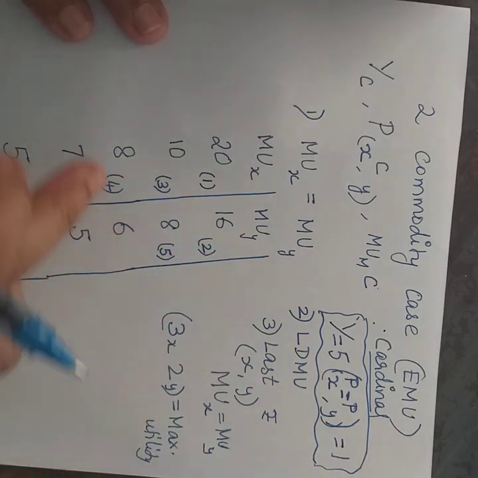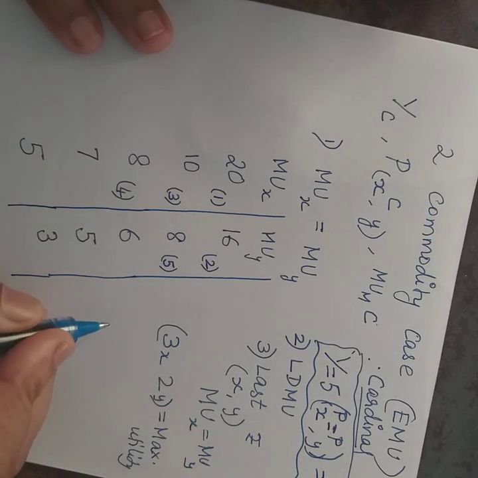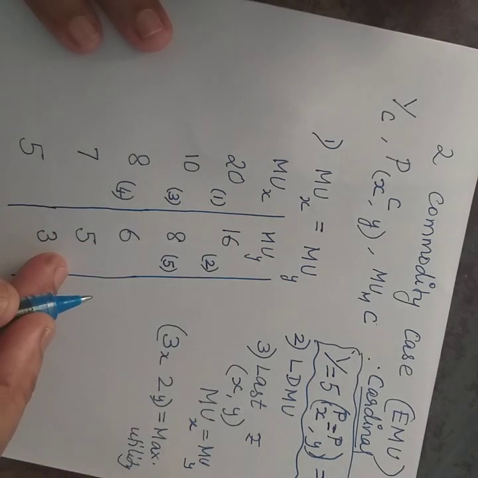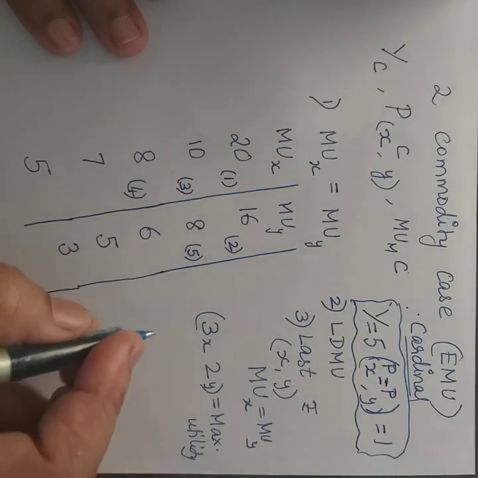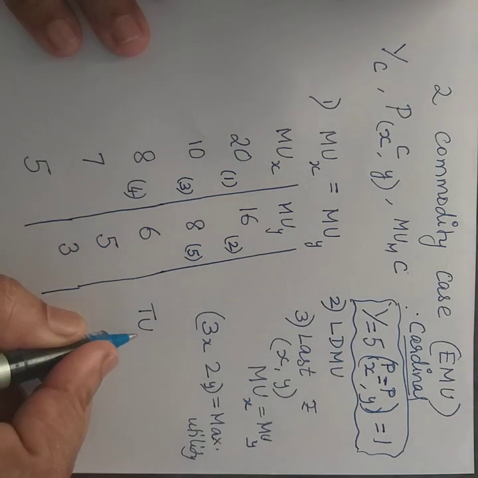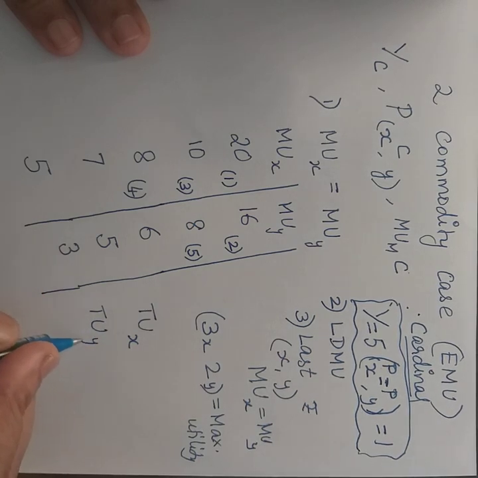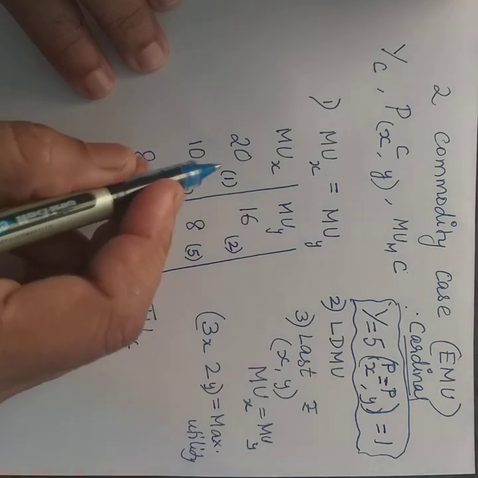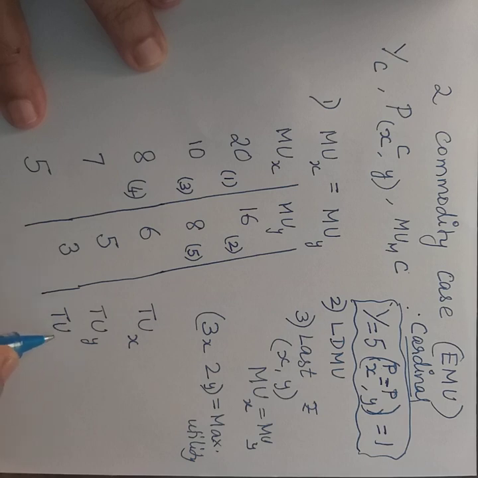Fine. So if these are the cases, then which one is better, whether spending on X or on Y, or combination of X and Y? Then it is through the total utility approach that you can find out the total utility that is derived by the consumer even as the consumer is going to spend the entire income by purchasing only X, by purchasing only Y, and then combination of X and Y.